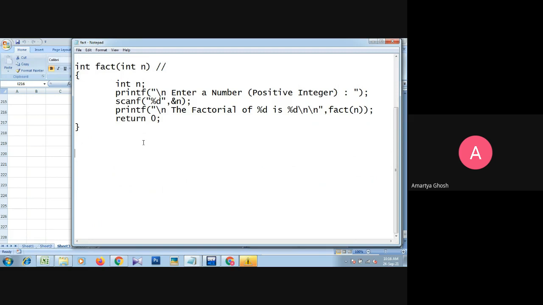our function. So the signature means the identity of the function. What is the identity? That is, what is the return type of that function? Fact, that is, integer is the return type. The name of the function is fact, and within the function we are sending one integer value as an argument, and that value is coming from the main function, this n is coming from this main function, and